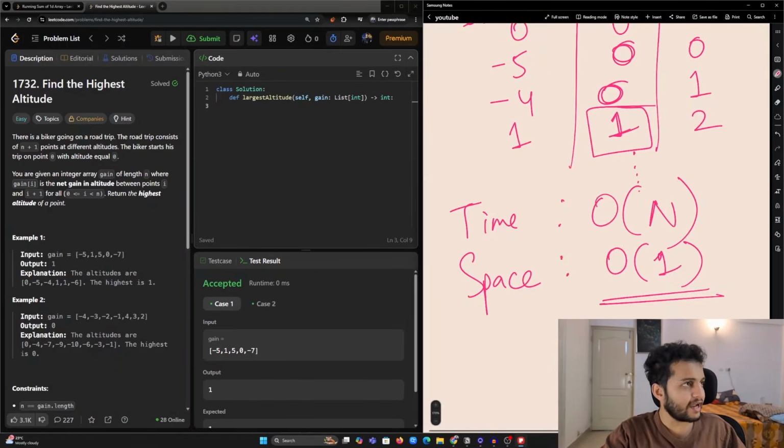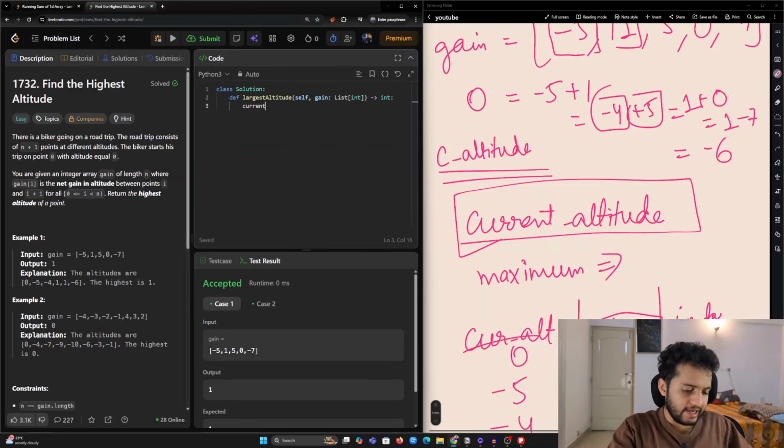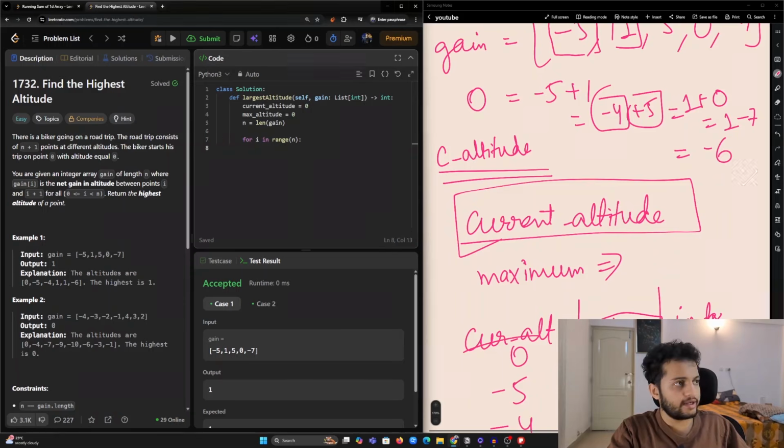So let's go ahead and try to code whatever we thought of. Let's maintain the current altitude as 0, and let's maintain the maximum altitude to be 0 again, and let's store the length of our array in n, and then we'll start iterating for I in range 0 to n, right?